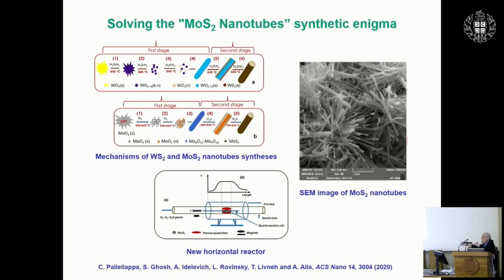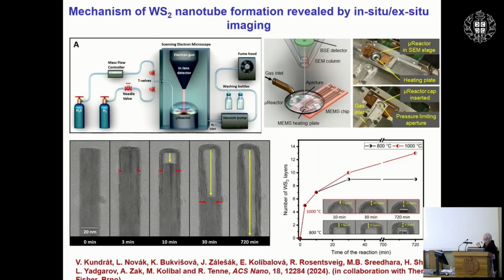So what you do, and what she has done beautifully, was to heat it gradually from 500 degrees to 850 degrees, and then also change the composition of the gas so that it will go from reducing hydrogen-rich gas into a sulfur-rich gas by H2S when she elevated the temperature. So in this way, she was able to get the first pure phases of molybdenum disulfide, which was a great accomplishment, I believe.